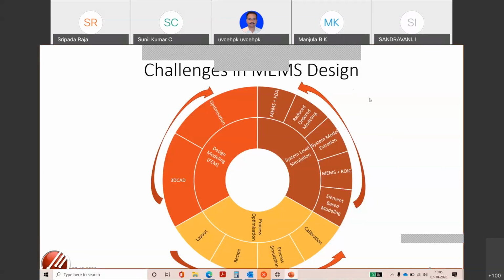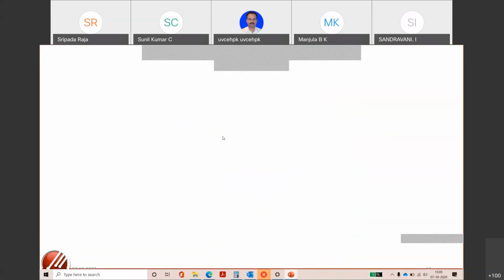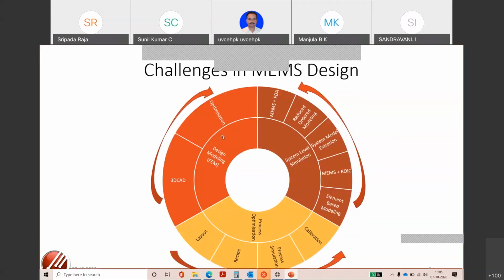Okay, and once the MEMS design optimization is done, then we have the electronic component, that is the ASIC, application specific IC, or the circuit, electronic circuit